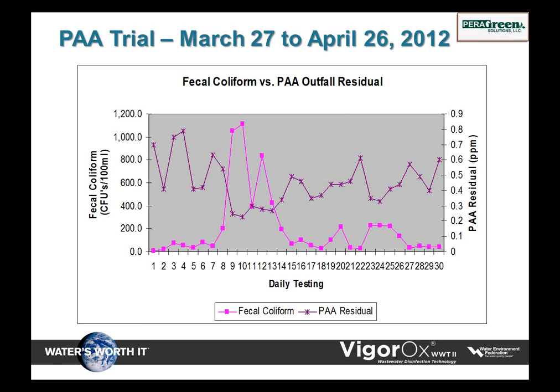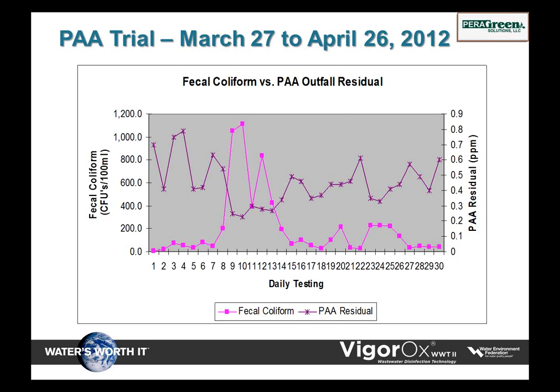Now this chart here was interesting. Like everyone else, everyone wants to control costs. Well, what we did is we went into the study at 1.5 parts per million, and we started tracking our PAA residuals, which is on the right-hand column. Left-hand column are fecal coliform levels being discharged out of the chlorine contact chamber. So we started off at 1.5 parts per million. If you look at days 5 to 7, we're down almost to single digits. The summer limit we're achieving was 200 CFUs per 100 mils or less, and we're down to single digits.